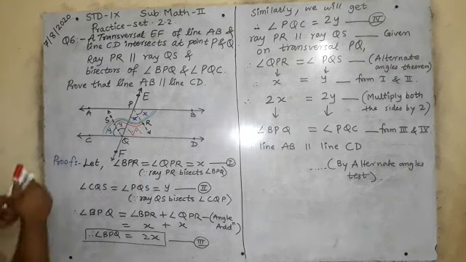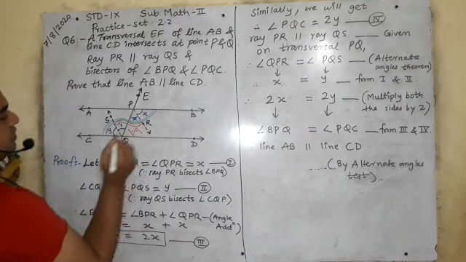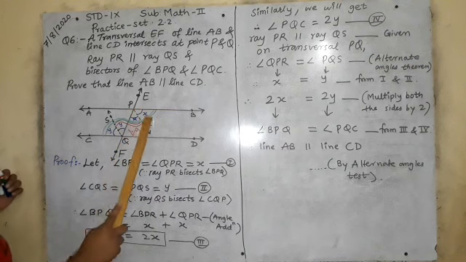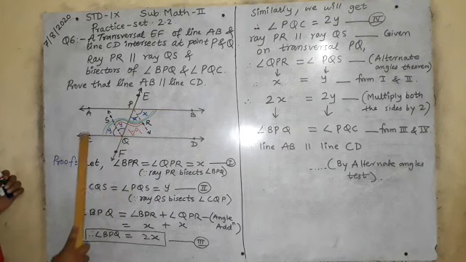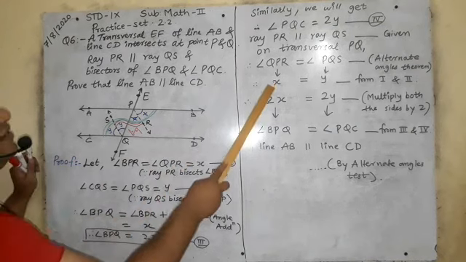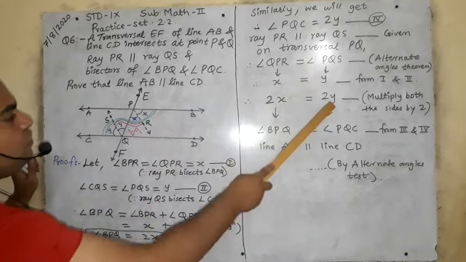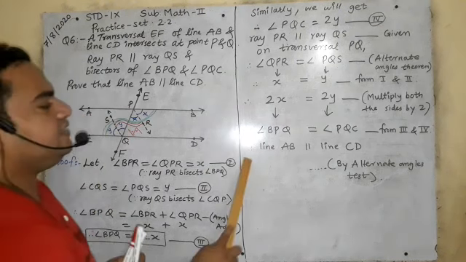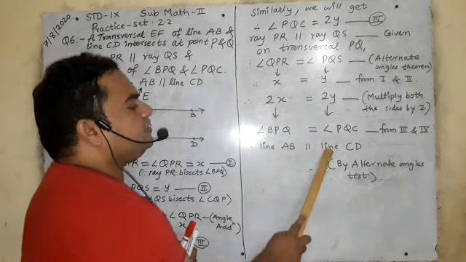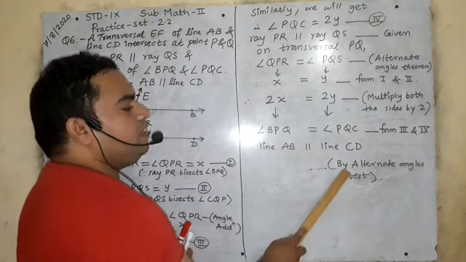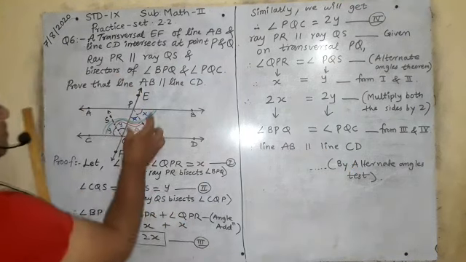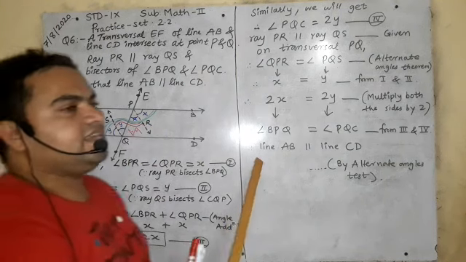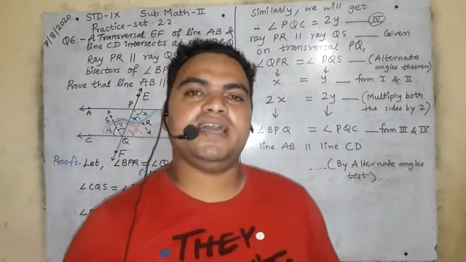Am I clear? I hope you understood the explanation. Is it clear? I will say angle BPQ is equal to 2x and angle PQC is also 2y. And we had learned here x is equal to y, 2x is equal to 2y. So ये alternate angles test pass हो गया. So I will write, therefore, line AB is parallel to line CD. How is it parallel? By alternate angle test. यहाँ पर alternate angle test पास हो गया. So therefore, I can say line AB is parallel to line CD.